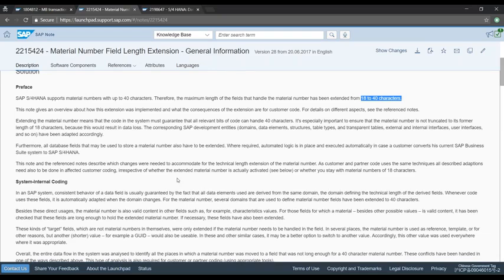So instead of 18 characters, now they support up to 40 characters of material numbers with S4HANA. So if you have coded a material with char 18 type directly rather than referring to the data element or domain in your custom program, it may lead to dumps if it is used in signatures, or it may lead to data truncation when you are just writing a custom report to query materials, isn't it? So that's an incompatible change for you. You've got to adapt the code wherever you have such a risk.